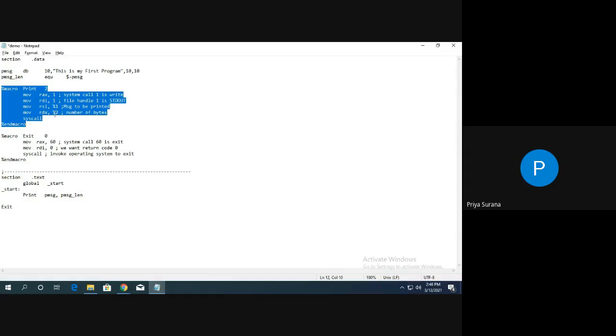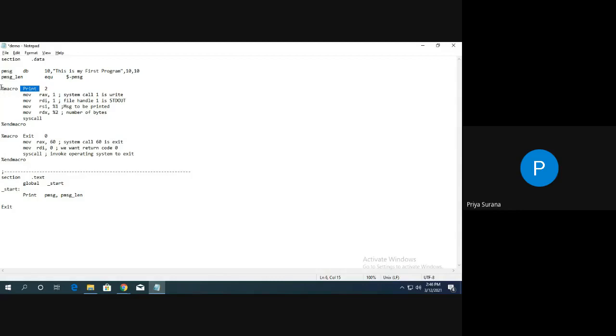So here, whatever you want to print on screen, you are supposed to write one syscall for that. You are calling a system function for that purpose. Okay. And that system function may be required again and again. So for that purpose, a macro is created for that system call, so that I can directly give the macro name and call that macro again and again for printing something on screen.